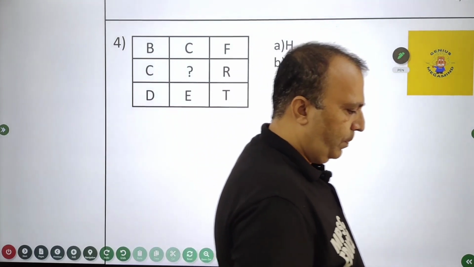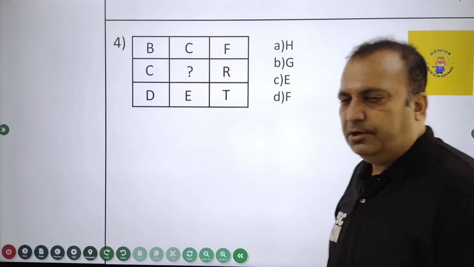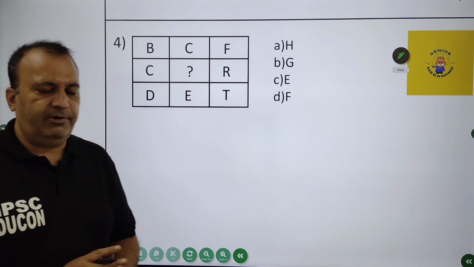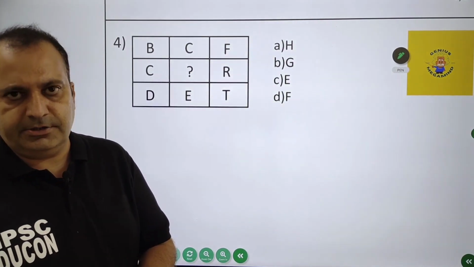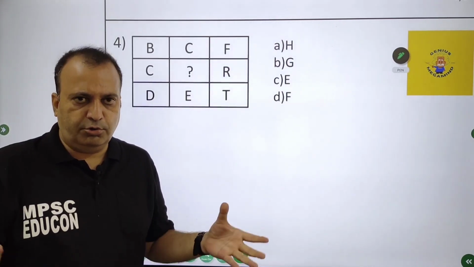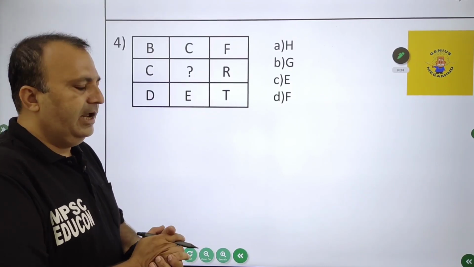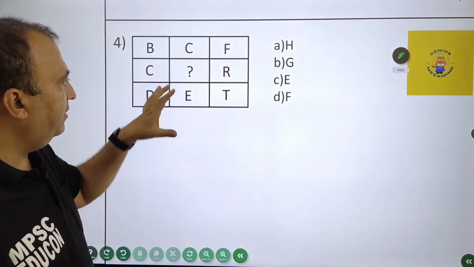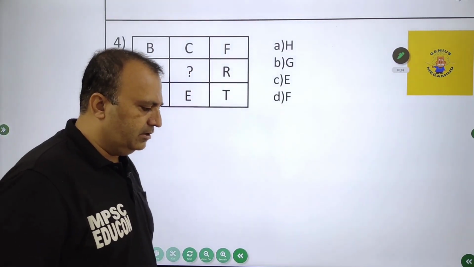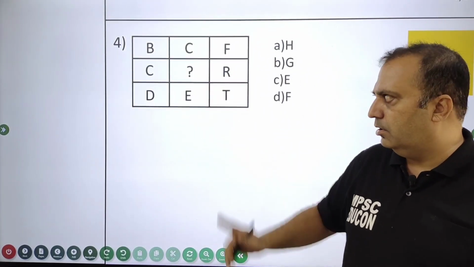Now question number 4. Question number 4 is an altogether different question which involves letters. So again it's a request, my friend, that in the English alphabetical series there are 26 letters. The number for A is 1, the number for Z is 26. So you got to remember, you got to memorize all the numbers for each letter as such. That will be really handy for you. Fine. Now checking out the question, I have to find the letter at the place of question mark. Remember my friends, the answer will be a letter, not a number.